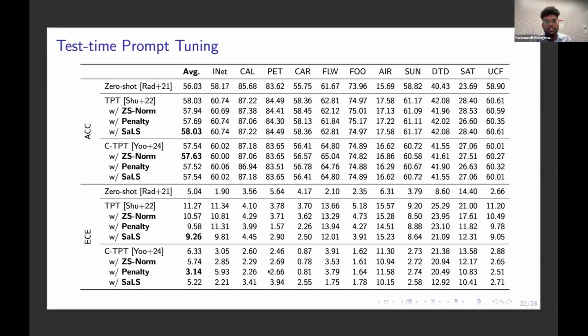We have test time prompt tuning, where we have considered two methods. One is TPT and another is C-TPT. In all these methods, we have incorporated our loss functions, ZS-Norm and penalty, and this is like temperature scaling in the inference. This average is nothing but the average of all the results on the right side. You can see overall we are getting improved accuracy as well as improved